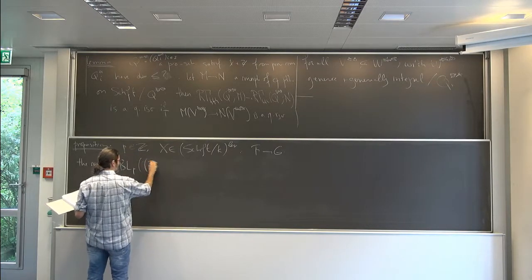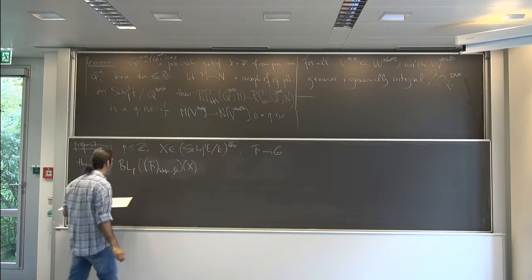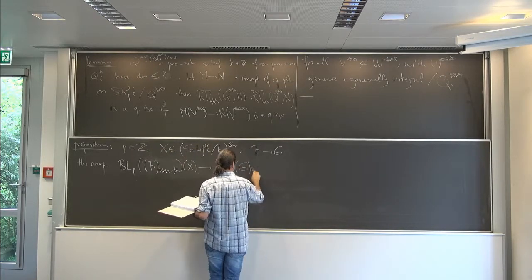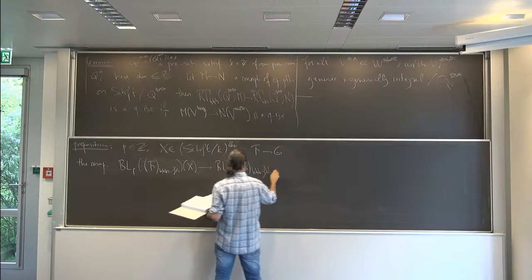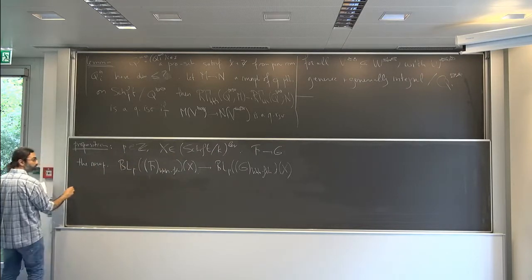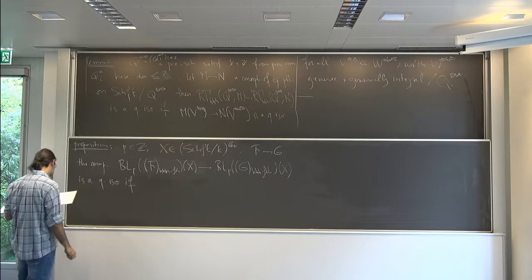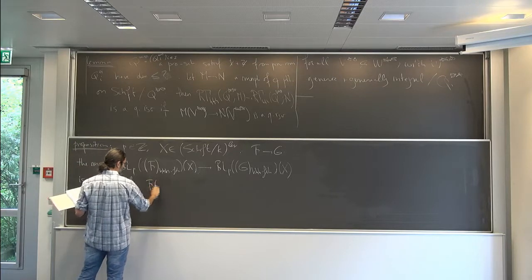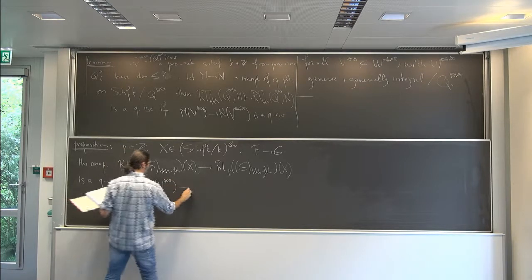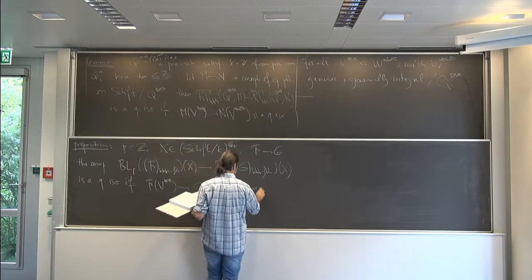So I need to make F fibrant. And then let's just directly evaluate at x. Okay, so this is a morphism of complexes. Now this is a quasi-isomorphism if f(V star) to g(V star star) is a quasi-iso